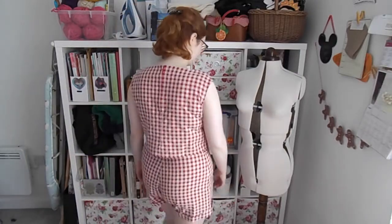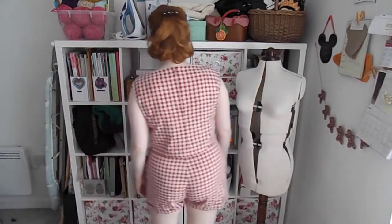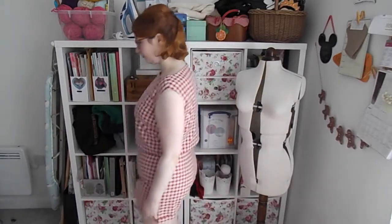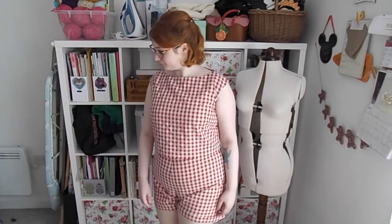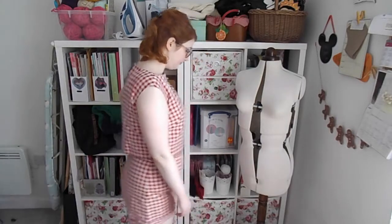Every year I go on a picnic in the park with friends, and I really wanted a little picnic-perfect two-piece. This was made from the same pattern as my 60s slacks, just with adjusted leg widths. They were super comfy when I first made them, but I've since gained a little weight, making them slightly too tight for comfort. The top is made using the same Simplicity 1364 pattern as the blue gingham top, with similar